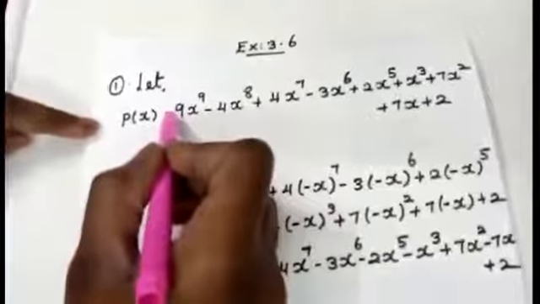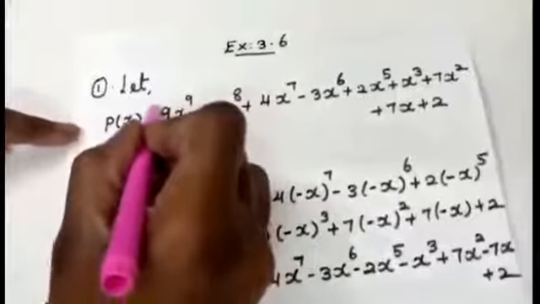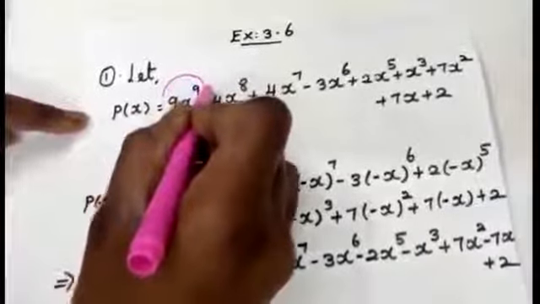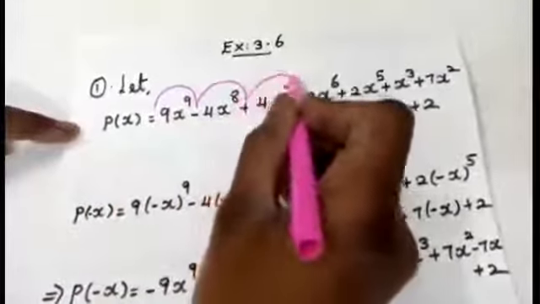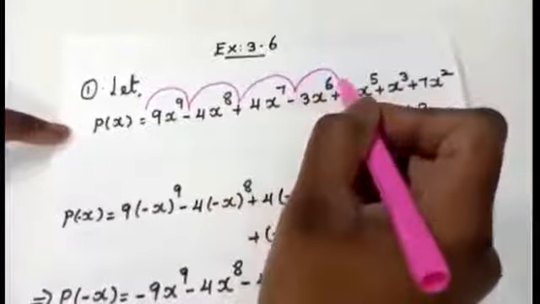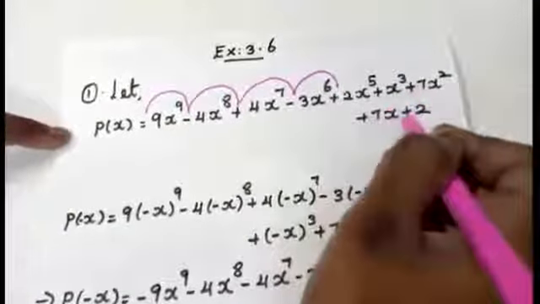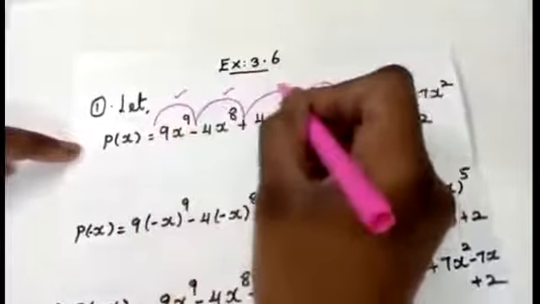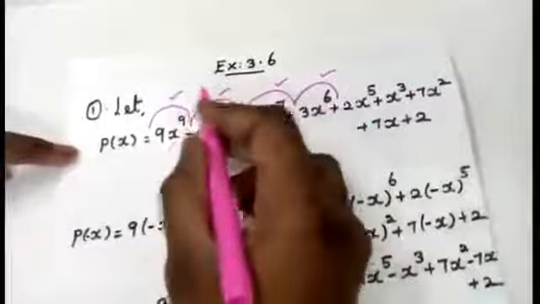I'm going to check only the signs. Just to see how I'm going to do it. The first one is positive. From positive, the sign changes to negative. Again negative to positive. Again positive to negative. Again negative to positive. Now if you look here, everything is positive, so there is no sign change. So 1, 2, 3, 4. How many times has the sign changed here? 4 times.